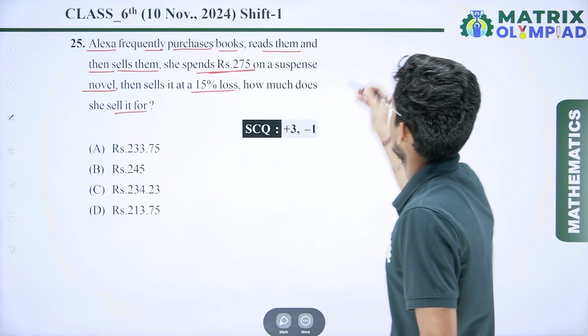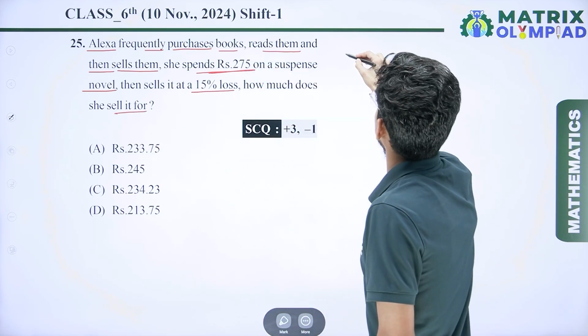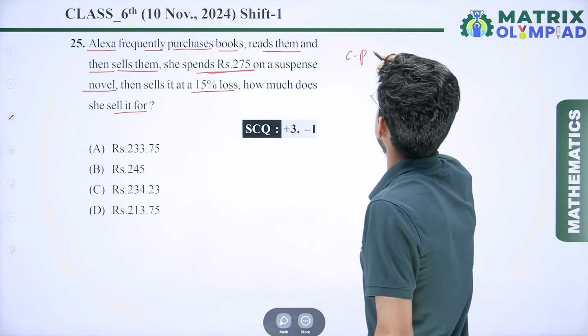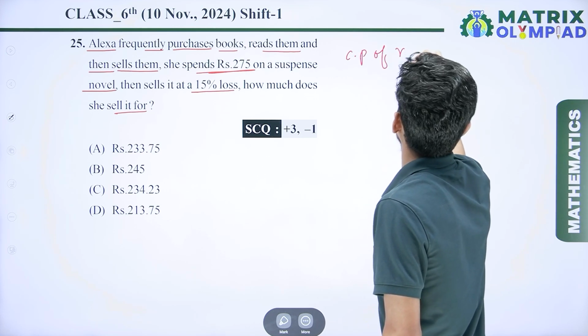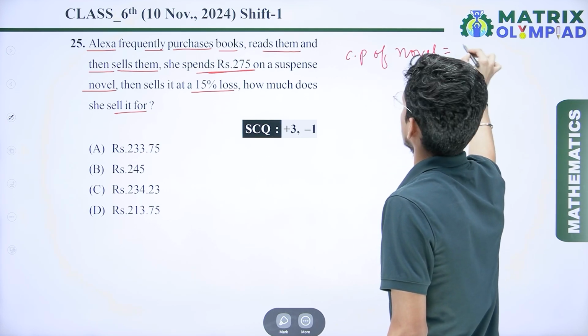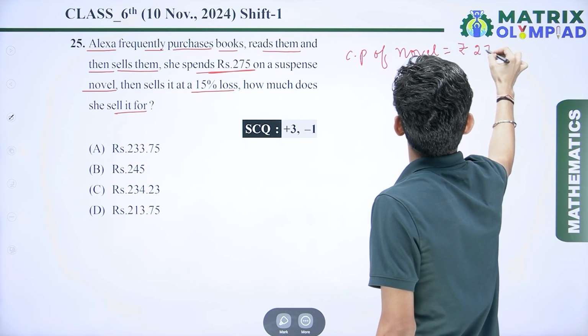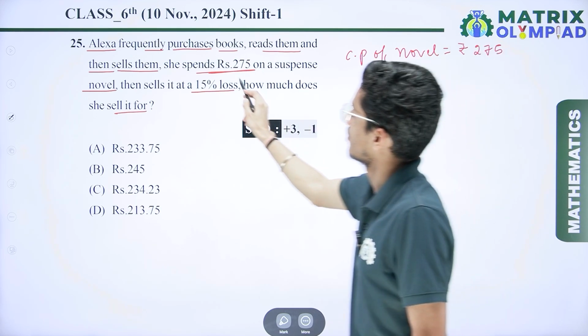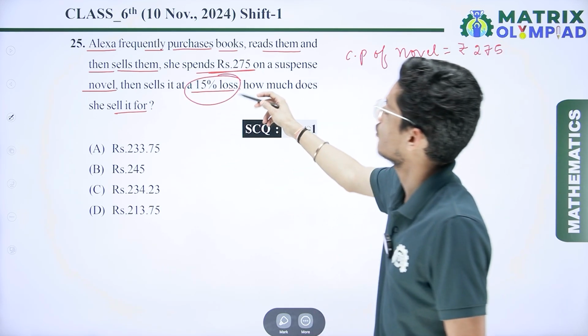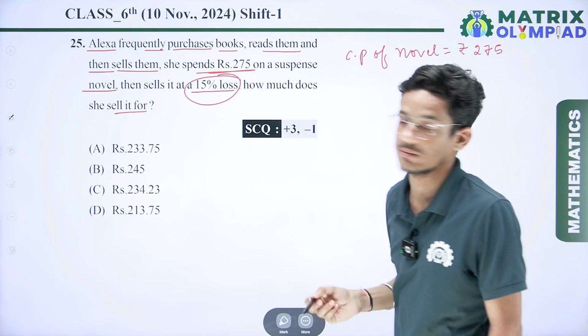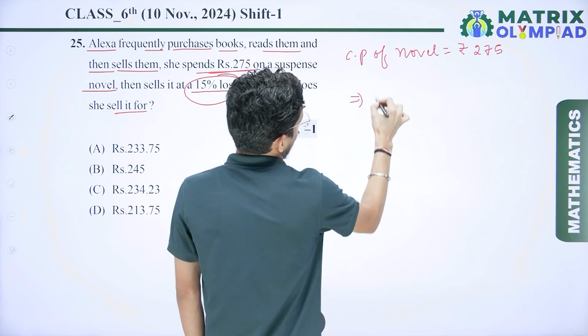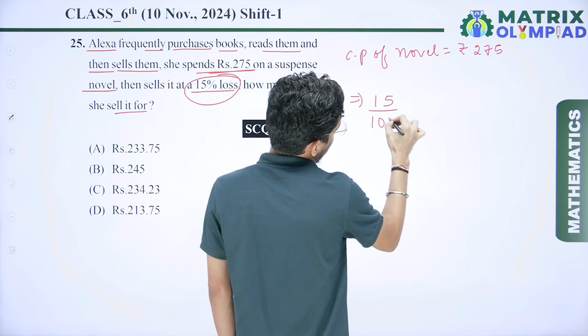So here we are given the cost price of the novel, that is rupees 275, and she gets 15% loss. So we have to find the 15% of this amount. So I can say that 15%, that is 15 upon 100,